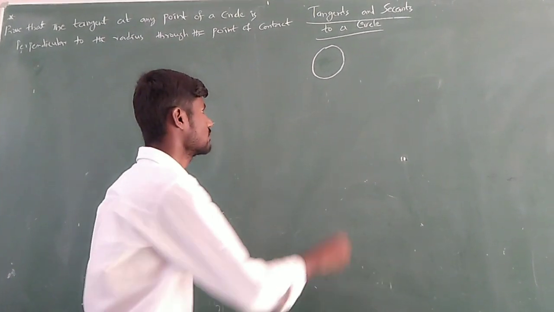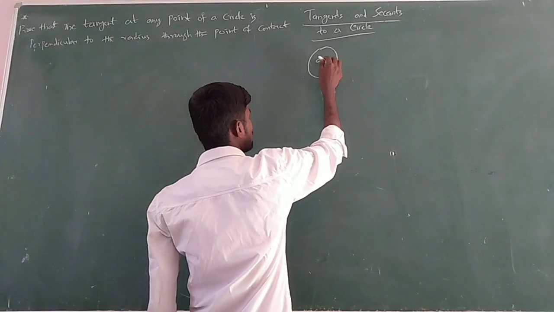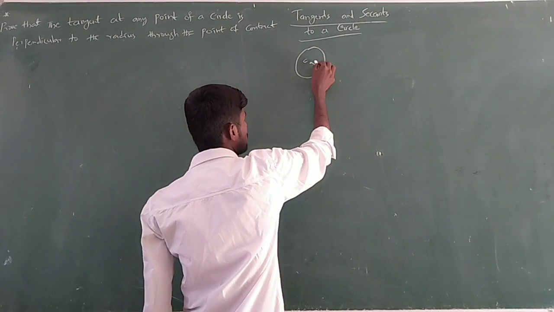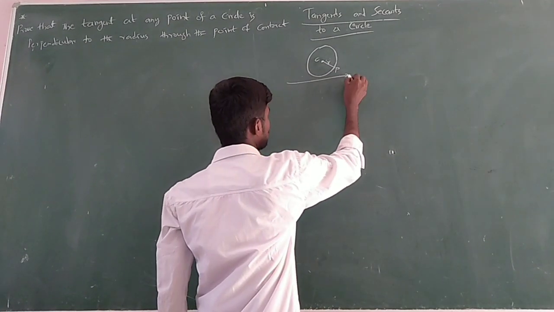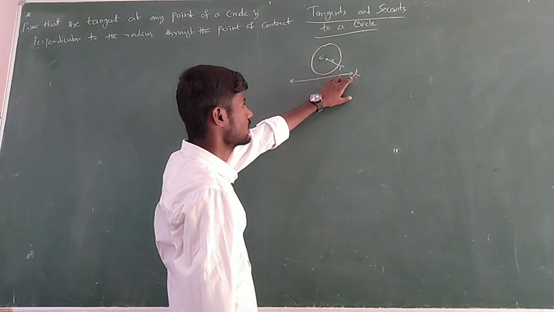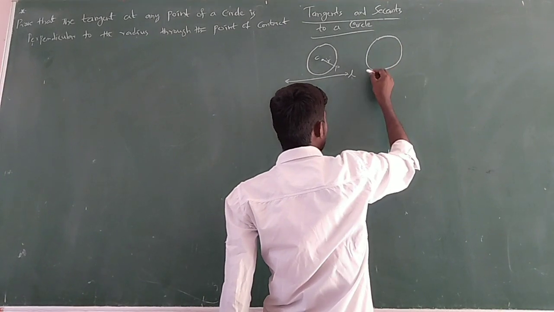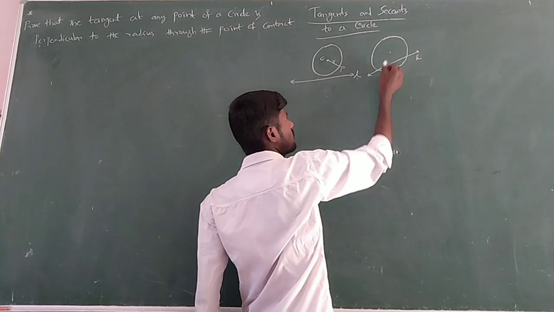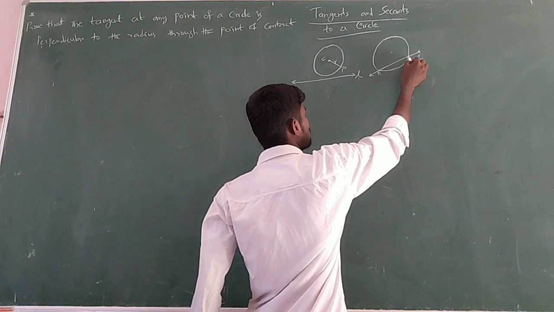For this circle, we know there must be a center C, and the distance from the center to any point on the circle is said to be the radius r. So for this circle, if I take a line L, is there any contact with the circle regarding this line L? No. Suppose I take the same circle, and line L is passing through the circle. In this situation, it is intersecting the circle at 2 points. Let us take them as A and B.